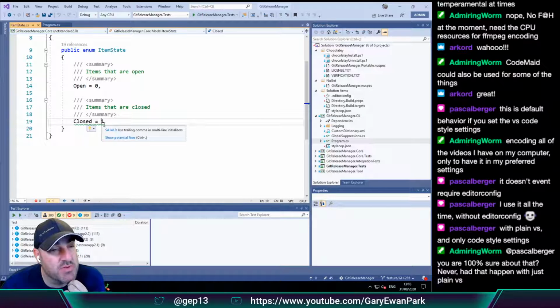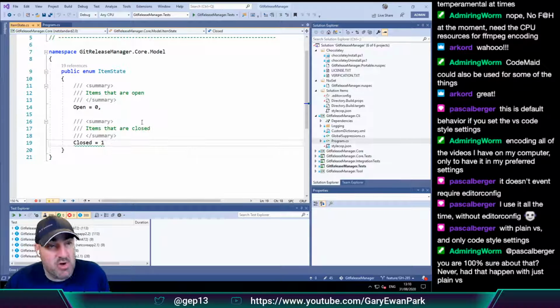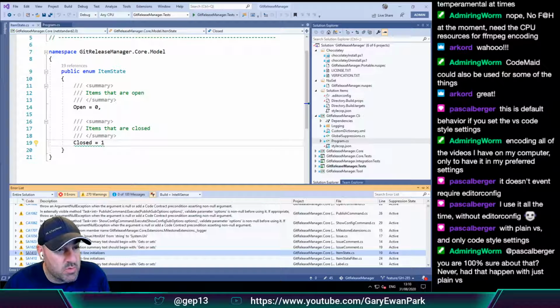I'm guessing so that when you add in a new one, it doesn't cause build errors. I'm not against this one. So if we're going to adhere to it, we should make it an error if we're going to do it.